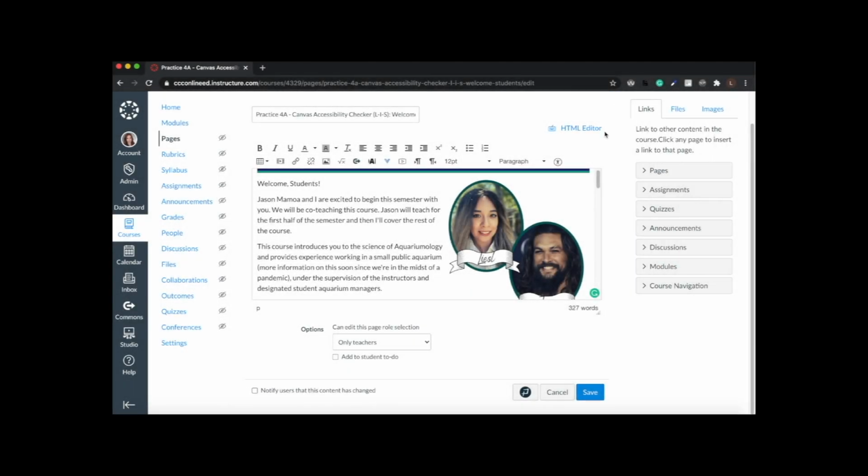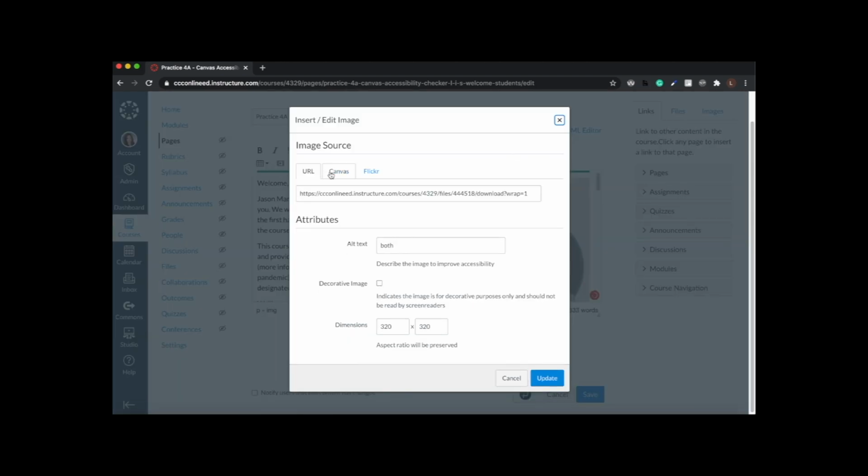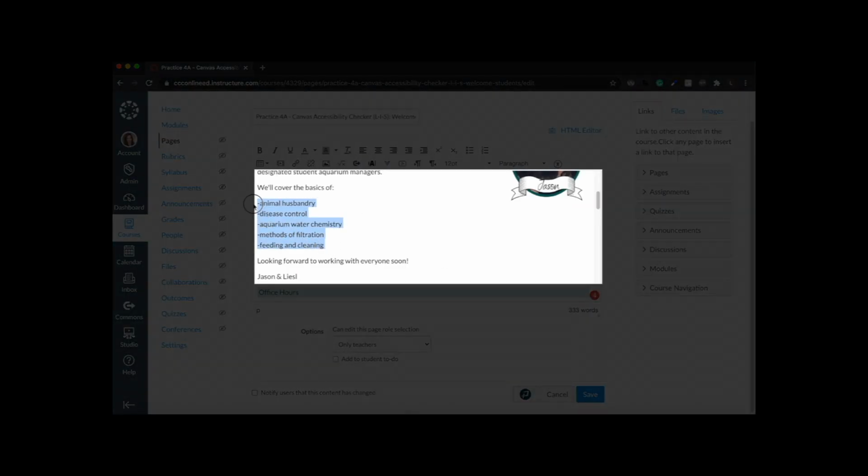Now I'm going to do a quick manual review because I'd like to triple check my work. This page needs headings. The alt text needs to be more descriptive. There is a group of text that should use the list style, perhaps the bullet list. Remember, the accessibility checker, any accessibility checker, is a great guide in creating accessible content. Make sure to manually review content as the accessibility checker has limitations.